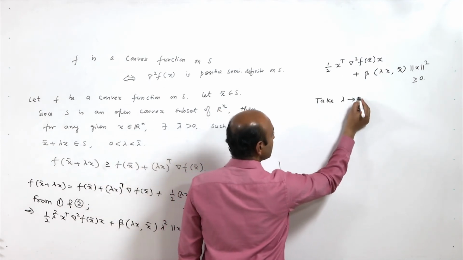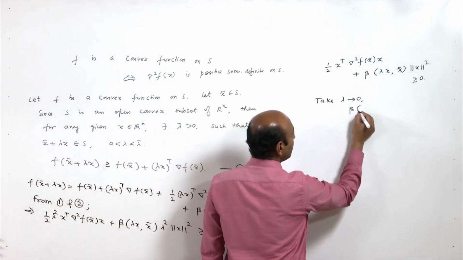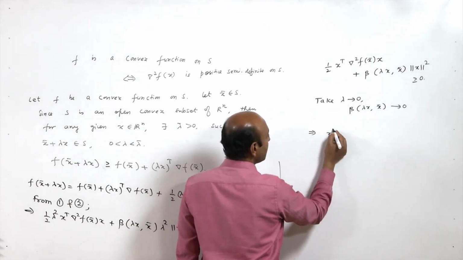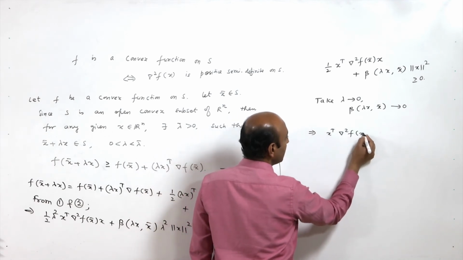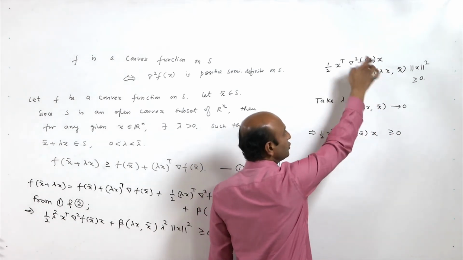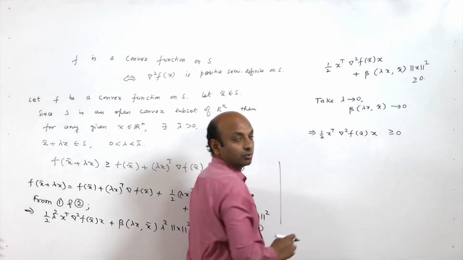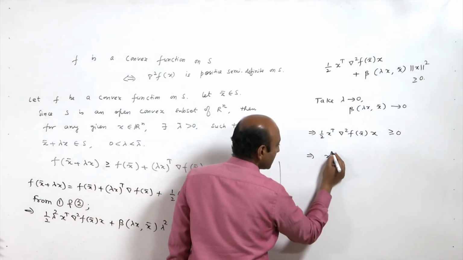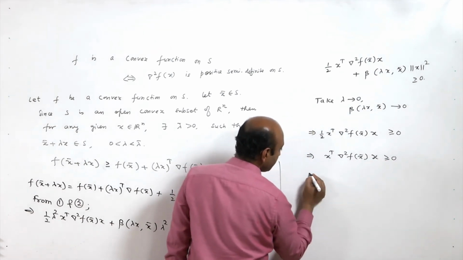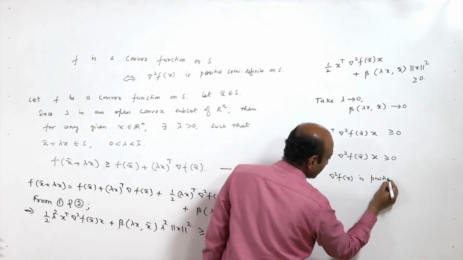Now, take lambda tend to 0 on both sides. When you take lambda tend to 0, this quantity beta lambda x bar will tend to 0. So, this implies x bar transpose gradient square of f x bar into x bar times 1 by 2 will be greater than or equal to 0, because when you take lambda tend to 0 on both sides, this will tend to 0, and this is 0. So, this quantity will be greater than or equal to 0. So, this implies x bar transpose gradient square of f x bar will be greater than or equal to 0, and this implies gradient square of f x is positive semi definite